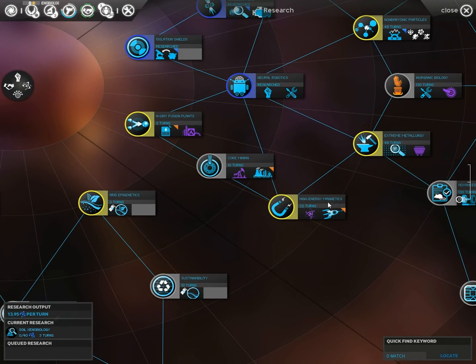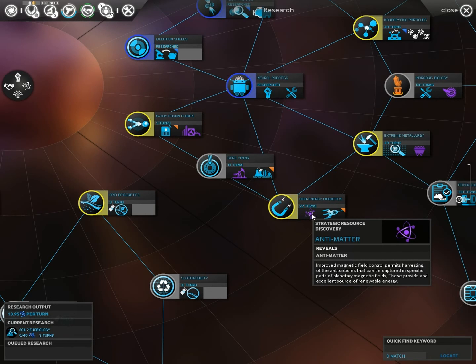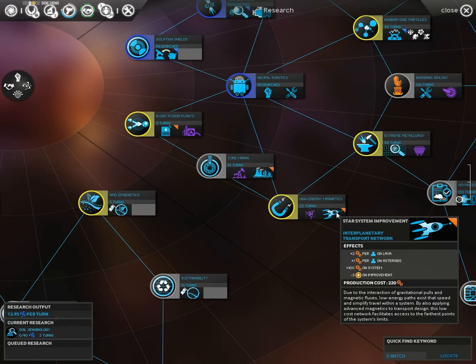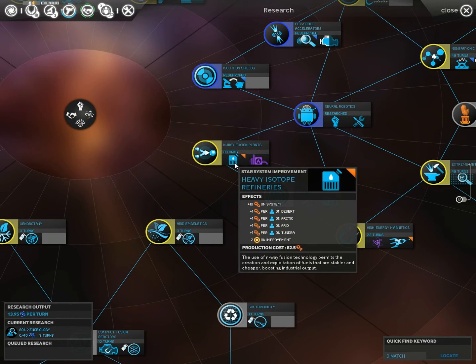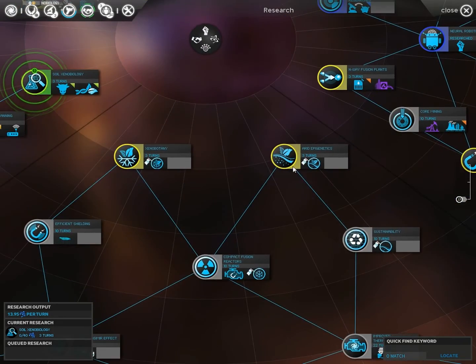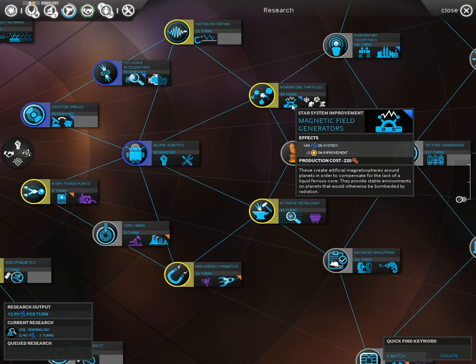Next one is high energy magnetics. Antimatter. Oh, I love antimatter just because, I mean, it's antimatter. But no, I'm not going to go for it. And interplanetary transport network. Bonus on lava asteroids. No, not gonna go for that. This one is basically more production and less cost on improvement. No, I don't need any of the colonization things, so I think I'm going to go for this extra